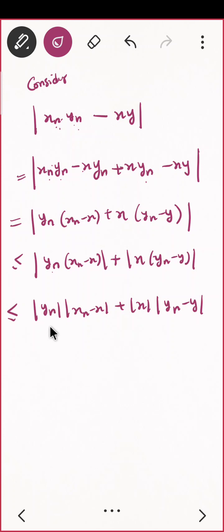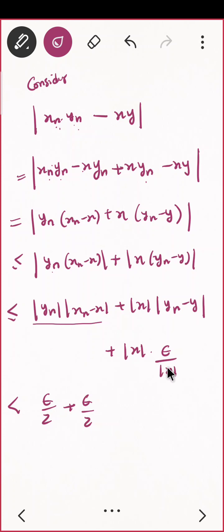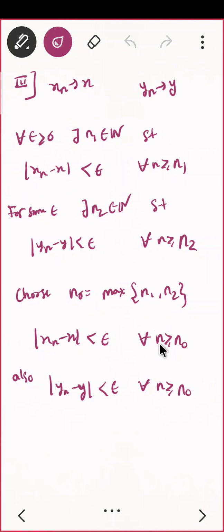Okay, now I want to prove this to be less than epsilon. That means this should be epsilon by 2, this should be epsilon by 2. Do you agree? Alright, I want the first term to be epsilon by 2 and the second term to be epsilon by 2 again. The second term is easy for me because mod x is a number only. I have to choose mod x into this as less than epsilon upon mod x, because mod x is a number, it does not depend on n, so I don't have to worry. So for yn, I just have to choose epsilon upon mod x, that's it.